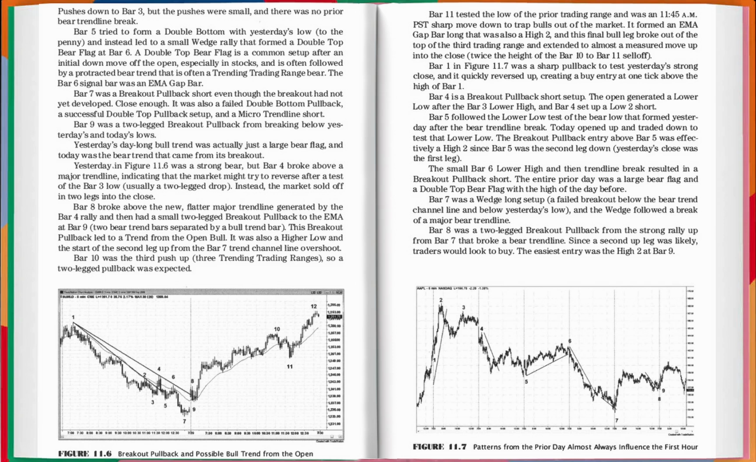Bar 7 was a breakout pullback short even though the breakout had not yet developed. Close enough. It was also a failed double bottom pullback, a successful double top pullback setup, and a micro trendline short. R9 was a 2-legged breakout pullback from breaking below yesterday's and today's lows. Yesterday's day-long bull trend was actually just a large bear flag, and today was the bear trend that came from